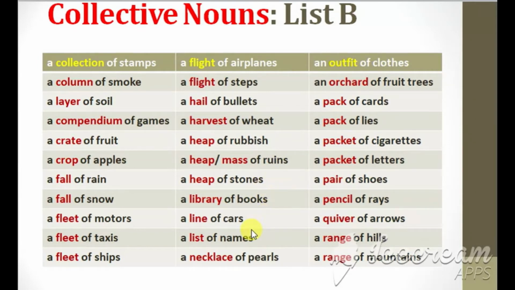books, a line of cars, a list of names, a necklace of pearls, an outfit of clothes, an orchard of fruit trees, a pack of cards, a pack of lies, a packet of cigarettes, a packet of letters, a pair of shoes, a pencil of rays, a quiver of arrows, a range of hills, a range of mountains,